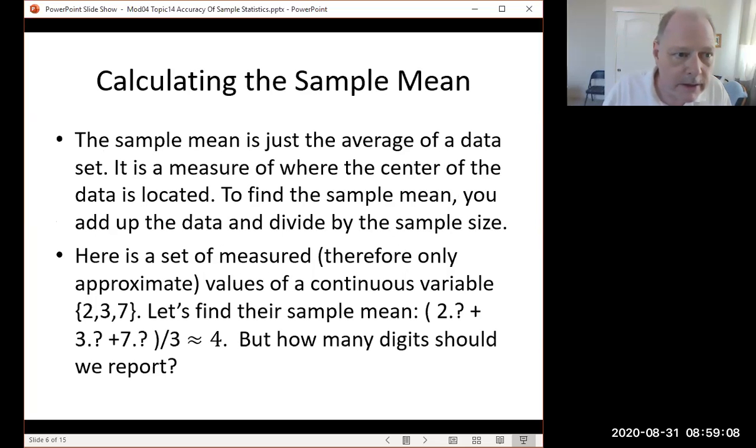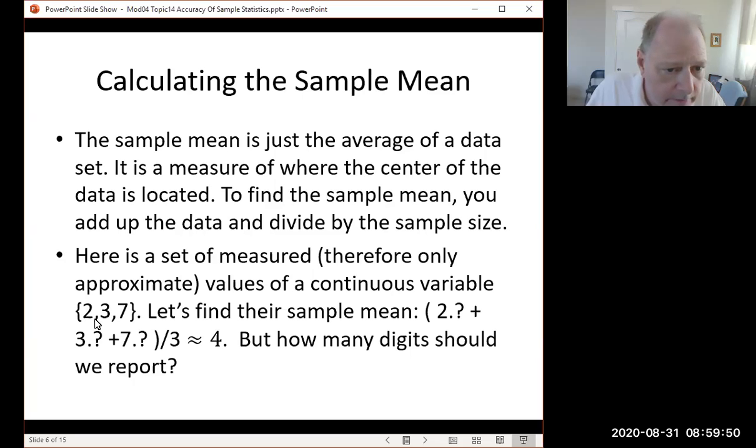Now this is easy. So when you calculate the sample mean, as you know, you just add up all the data and you divide by how many of them there are, and you get an answer. If I was taking the average of 2 and 3 and 7, add that up, I get 12. Divide by 3, that was the sample size, 3 individual data in the sample. I get 4 for my sample mean,